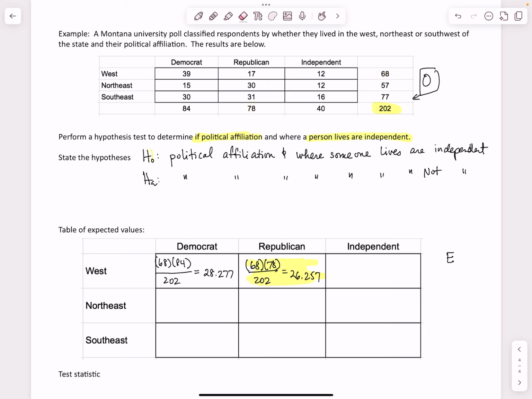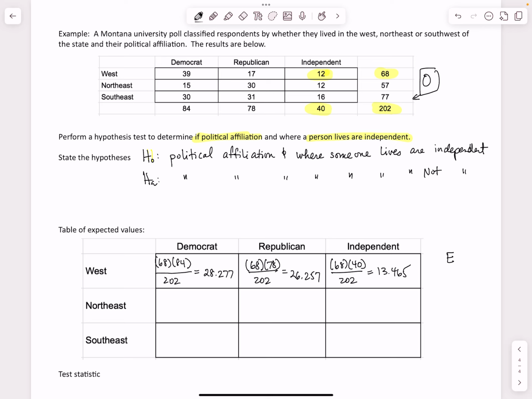Now let's go ahead and do the next one for this box. This is its row and column totals. So this is going to be 68 times 40 over 202, which gives you